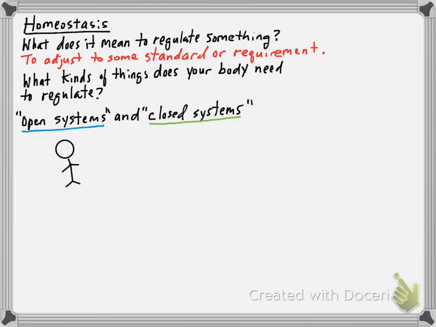So let's get rid of it, and let's draw a living thing now, which is what we are. Living things are considered open systems because there are all kinds of things that you're exchanging with your environment. You're bringing things in from the outside and you're giving things off from the inside back to the outside. So we are called an open system. Here are just a few examples of things that we exchange.